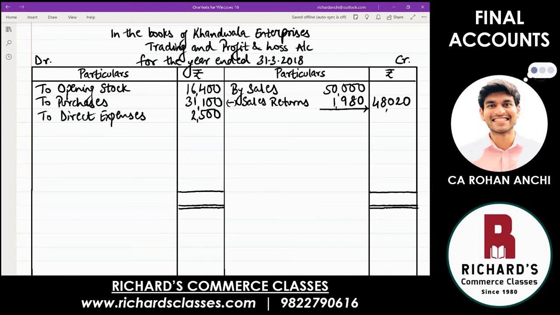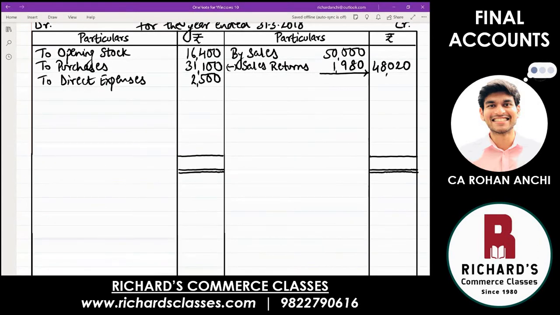Then continue. Rent and taxes, that is a profit and loss account debit item. So come below the line and write to rent and taxes. Is there an adjustment on this? Yes, we had tick marked rent because it is prepaid. So write in the inner column 6,000. Adjustment, of course, when we come to that paragraph below, we will do it. But for now, how to record? Write in the inner column and leave one line and draw that arrow. So you know that this line is going to be used for adjustment.